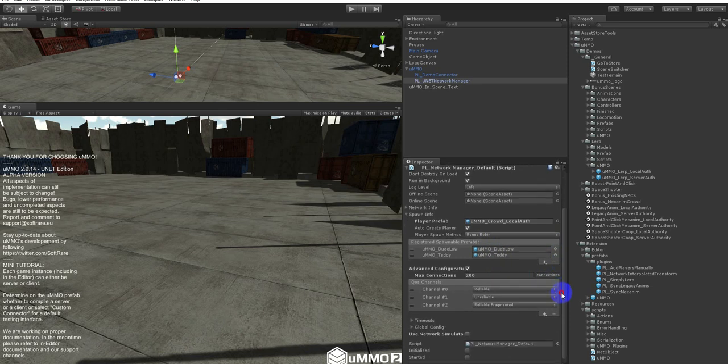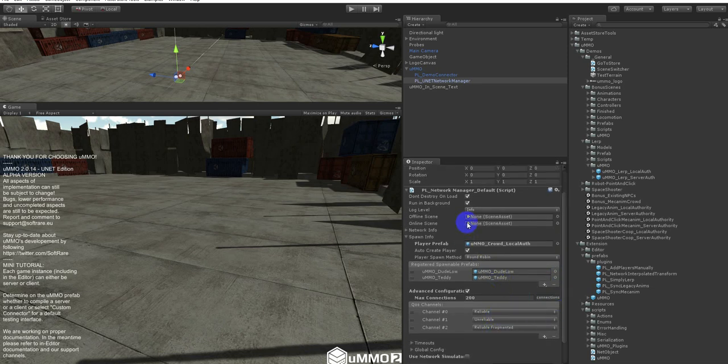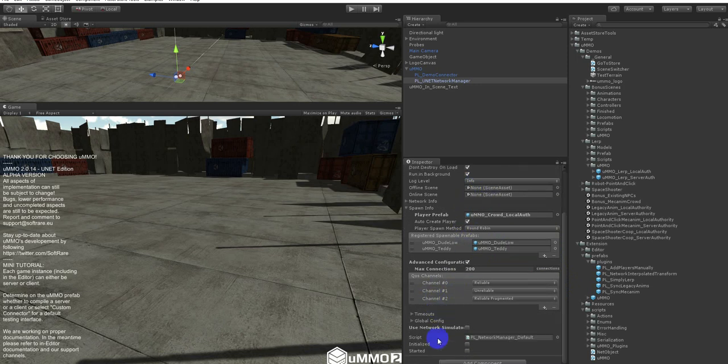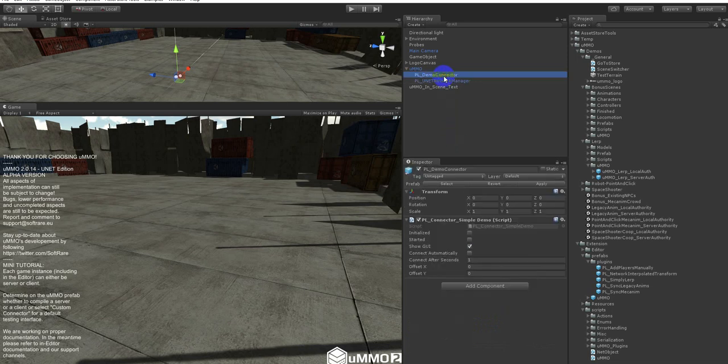You can configure your channels, timeouts, and stuff to simulate network latency and all that. Furthermore, we have a demo connector, and the connector I will show you right now,